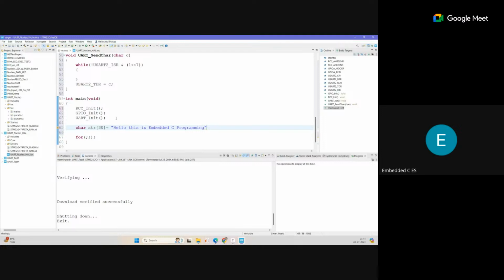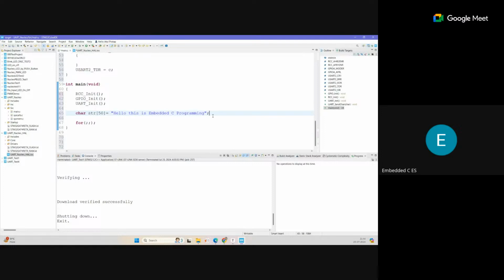I'm not sure this is the higher length. Let's increase this scale. Okay. So this is just a string array, and we have the value for this. We have assigned some message string for that, and after getting this, we will run a while loop. So inside the while loop,